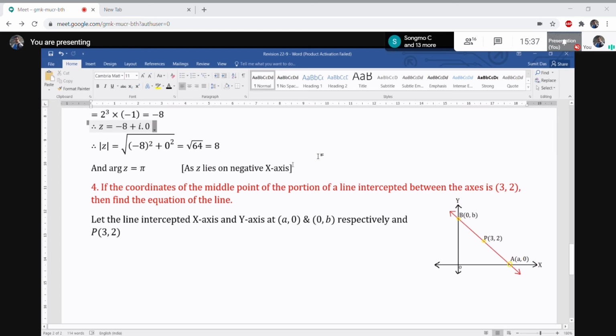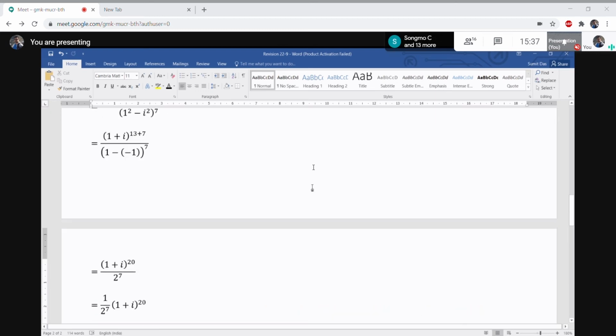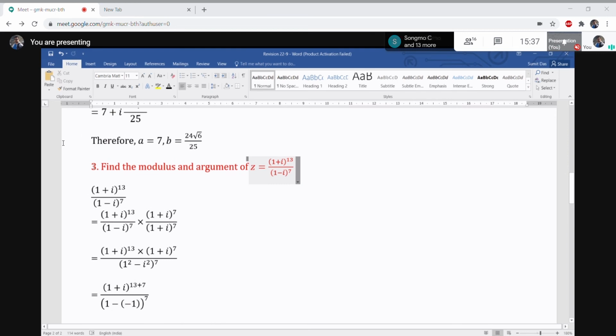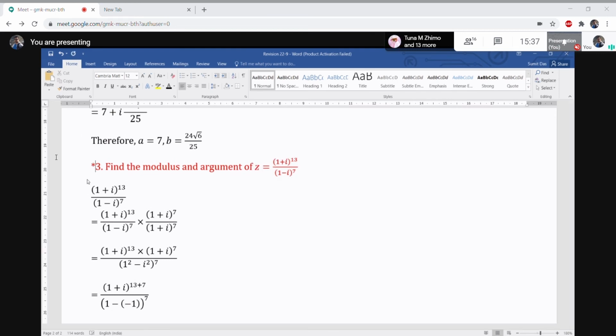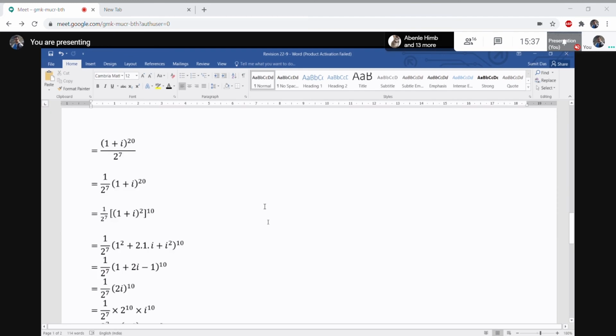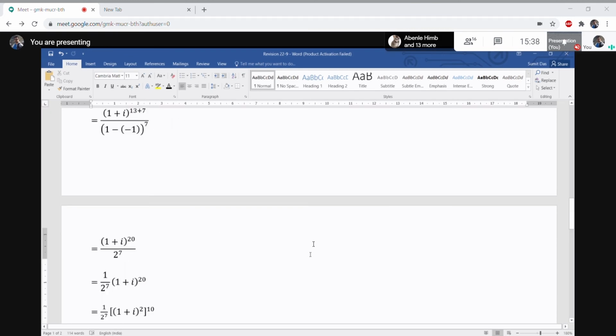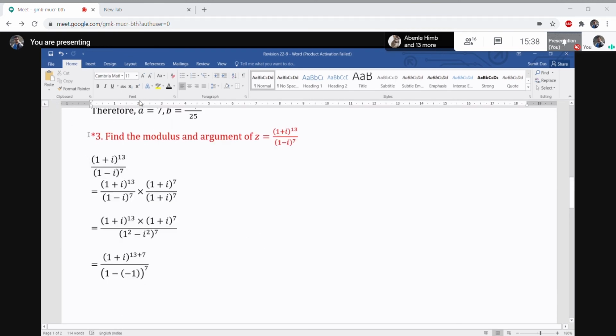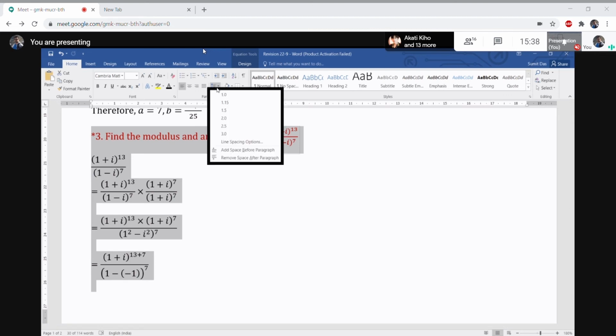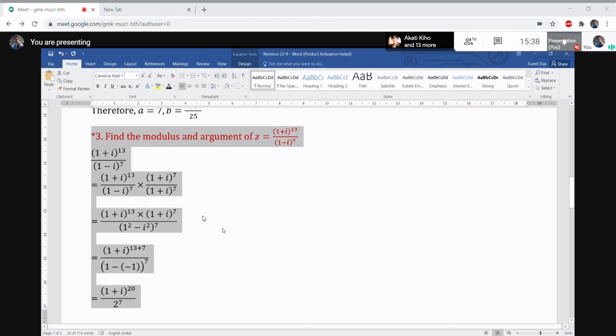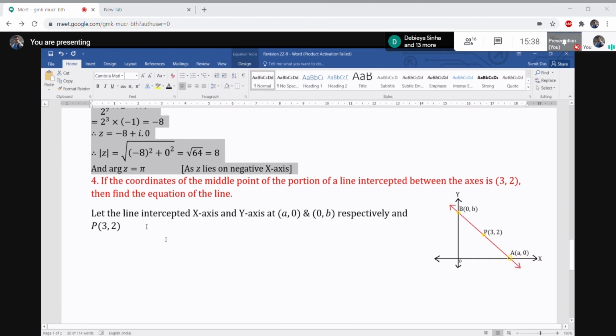Okay, this is a very important problem. Important in the sense that this type of problem is important. And I'm assuring you that not this problem, but modulus or argument will definitely come in the exam. Next, the last question for today. De Morgan's law, I don't know if I have to do it or not, but I'll do it. Let's see. Okay, second last question.